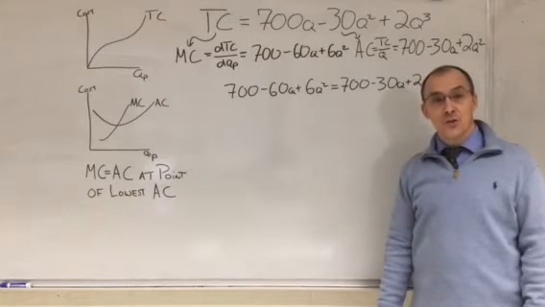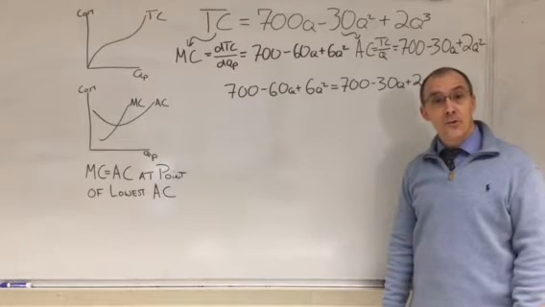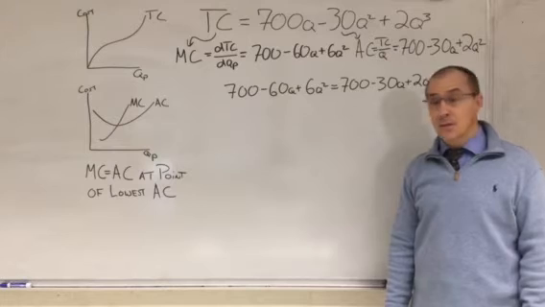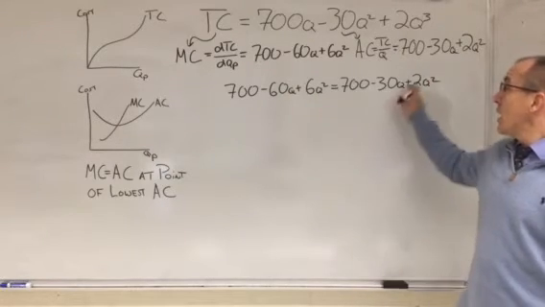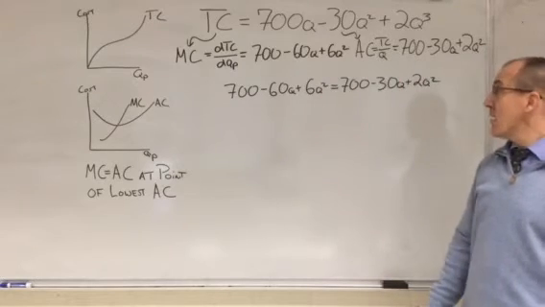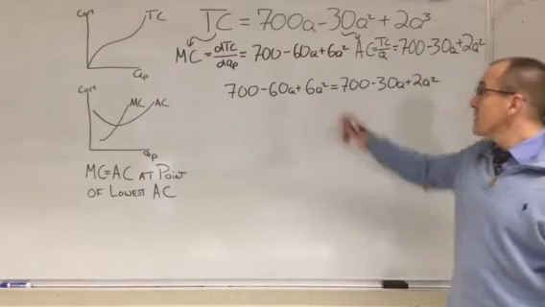And at this point, it's just a little bit of algebra to clear things up and to simplify down my equation. The 700s basically cancel out. If I bring everything else over to one side, what I will have is